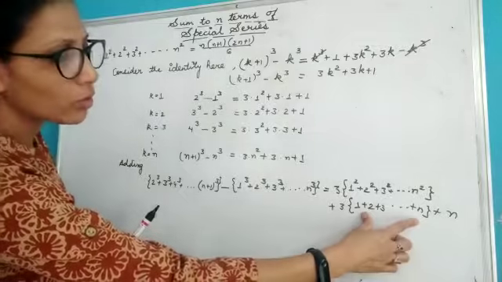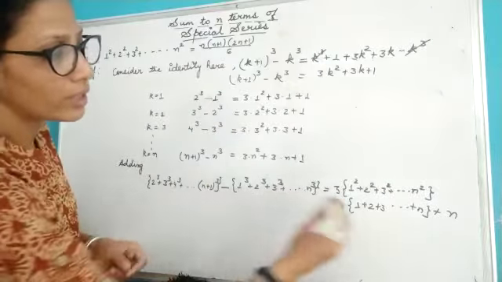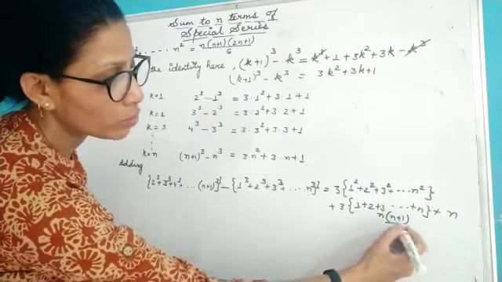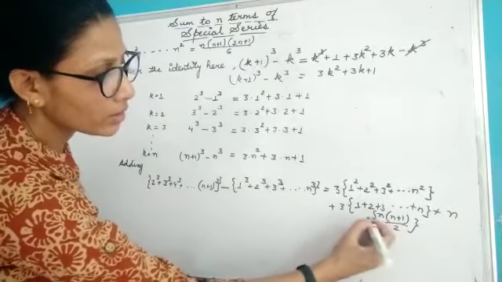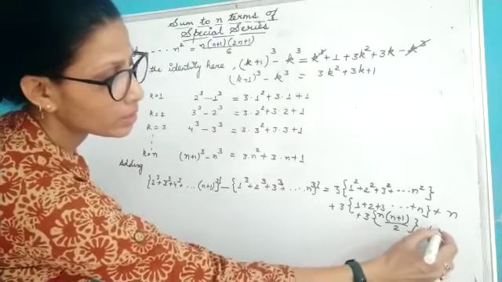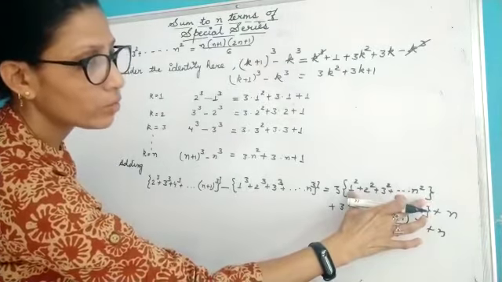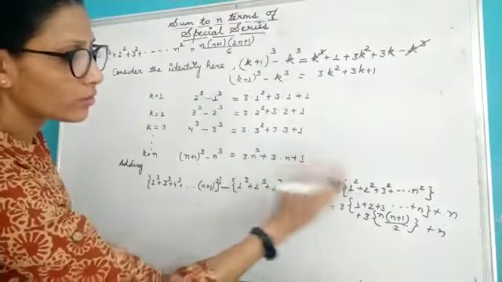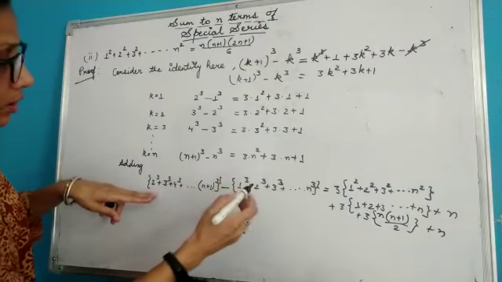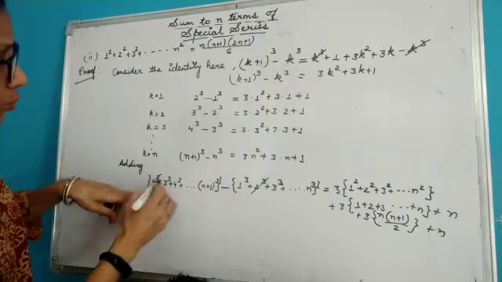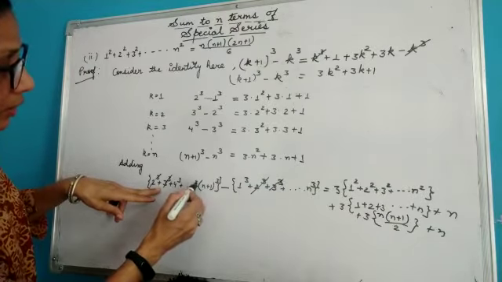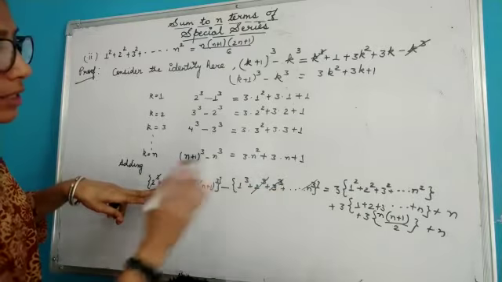You know this is again your AP, and you can calculate the sum of n natural numbers by writing it as n into n plus 1 by 2. So I will be replacing this thing with 3 into n into n plus 1 by 2 plus n, this will come as it is. I want to calculate the value of this, so I will be putting it here and the rest of the things will be taken to this side. Now you see, if you are going to open this, 2 cube will cancel with this 2 cube, 3 cube will cancel with this 3 cube, and before n plus 1 here it will be n cube, so it will also be cancelled from here.